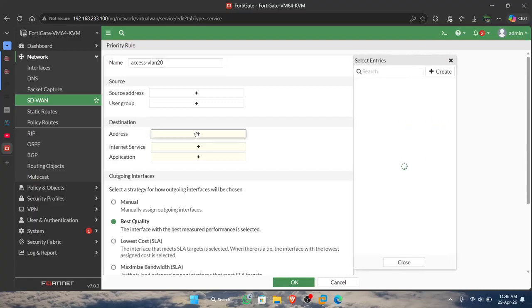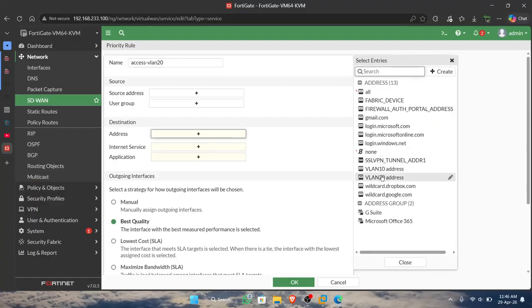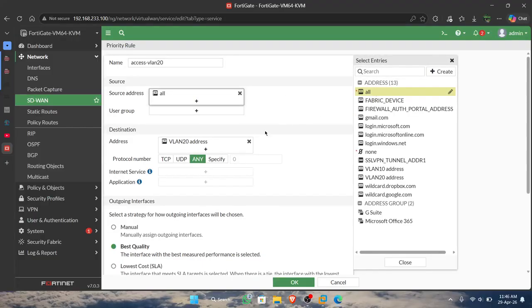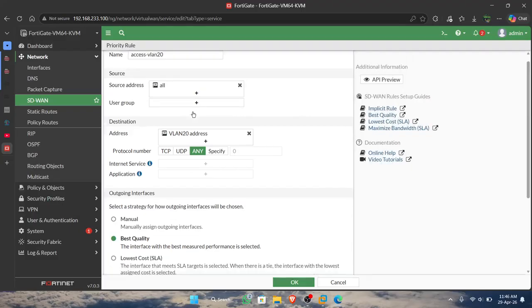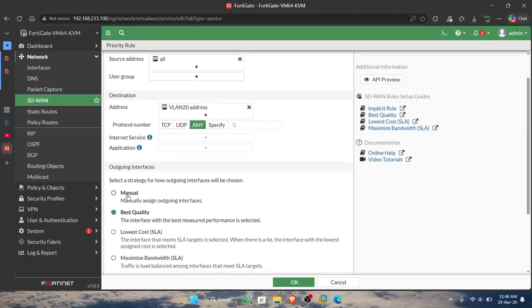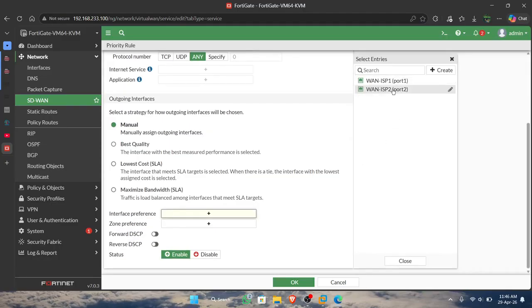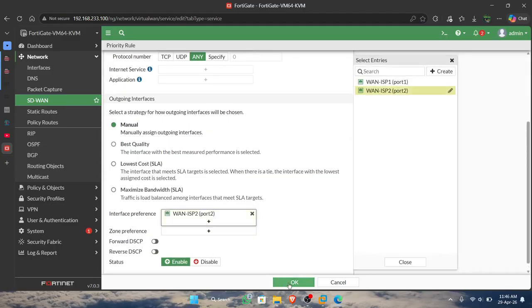The same, we add the address from the address. Oh, I'm sorry, the configuration is for the source address, which is all. We choose all, going manual, and the interface preference is one, two.